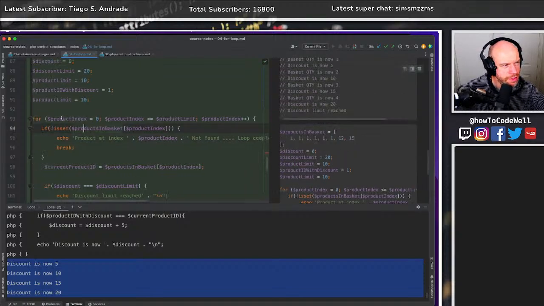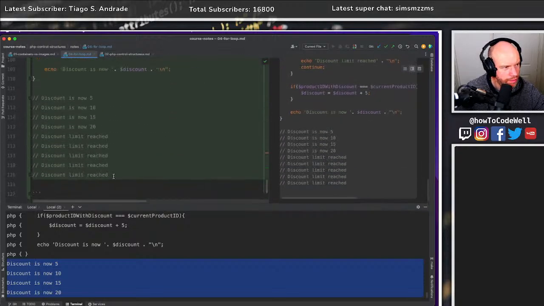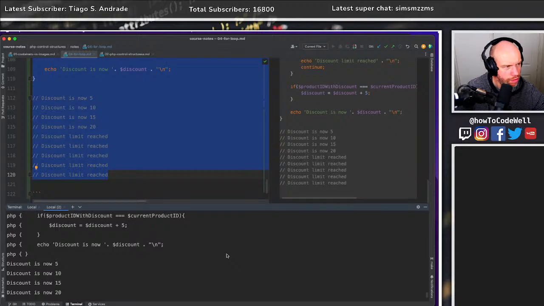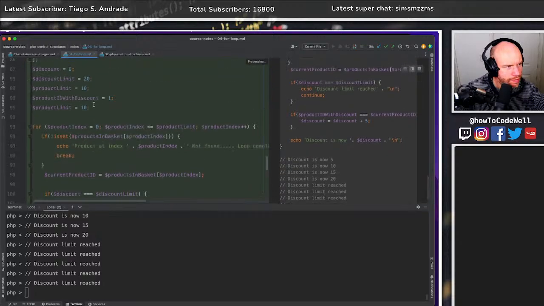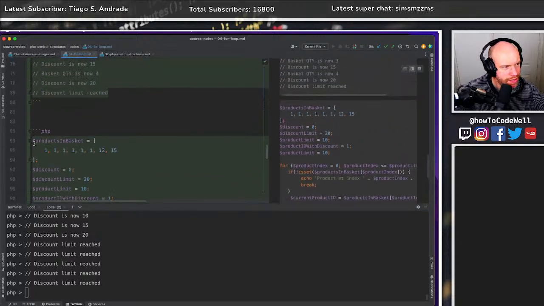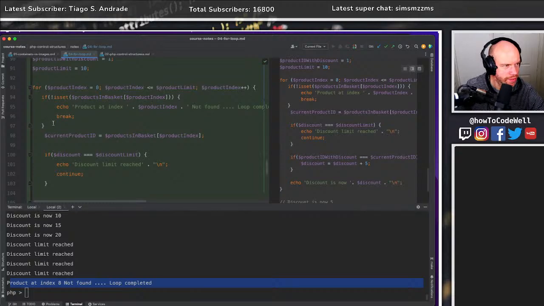Something like that. Right, let's just run that again, because what we'll see is the fact that even though we've got 10 as the limit, we actually exit out earlier. And I think before that wasn't explained very well. Here we go. So we've got product at index 8 not found, loop completed, right? Which is what this thing is doing, because it's checking whether that is set or not. So if this exists,